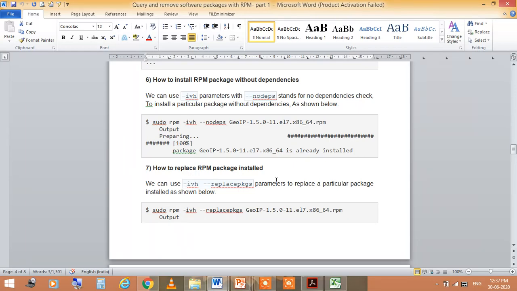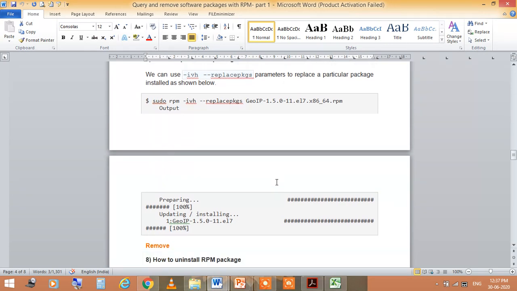And the next is how to replace an RPM package. For this we can use the -ivh --replacepkgs parameters to replace a particular package which is installed, as shown below.